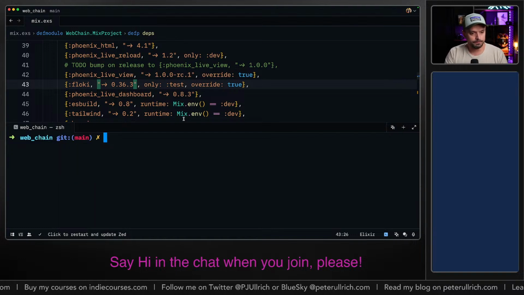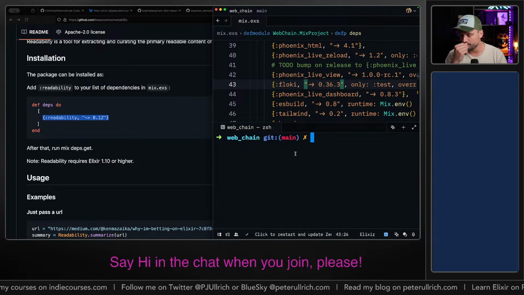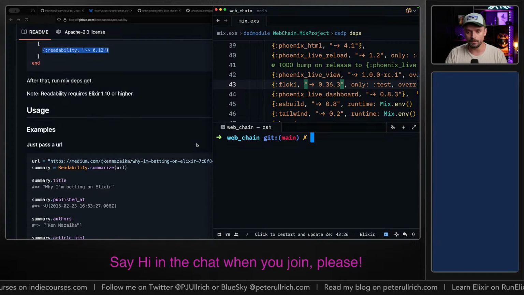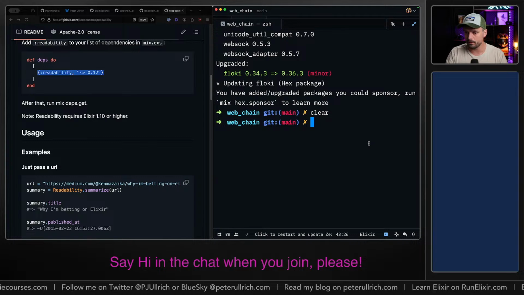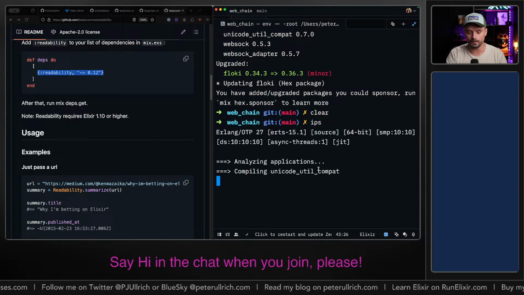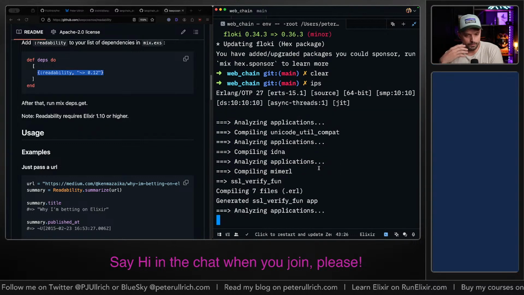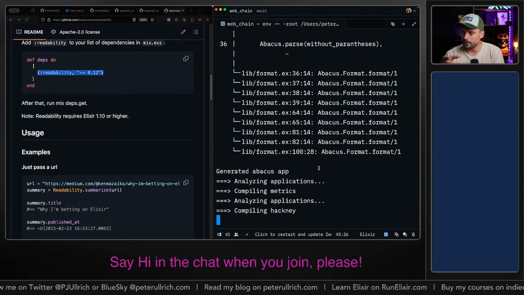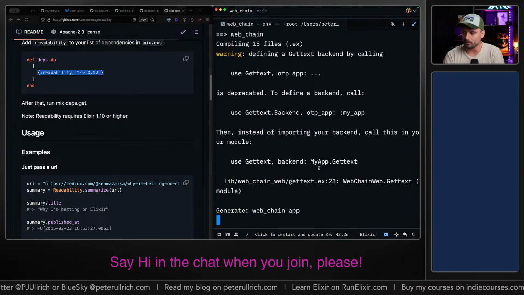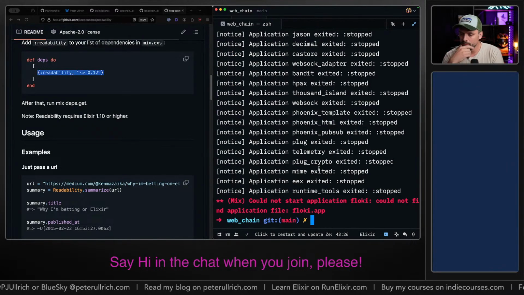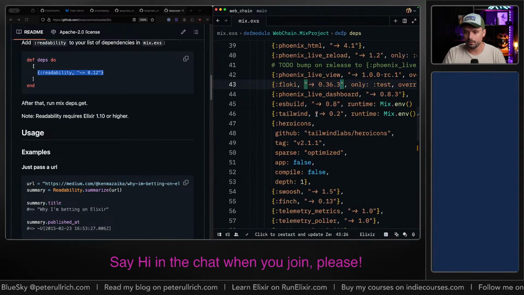All right. Yeah, cool. So, first of all, what shall we do? Well, we want to use readability just to get started with this one. So I'm just gonna start an IEx interface here, gonna compile it. And then my idea is basically that we would use readability for fetching an article from the internet. And then we use LangChain for summarizing that article. Could not find application file for Floki, so maybe we can't.